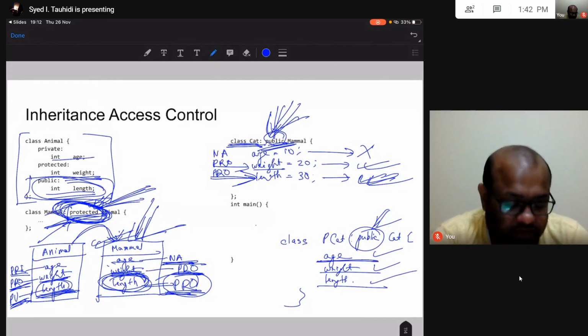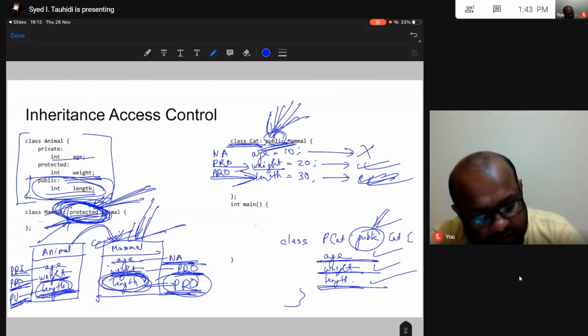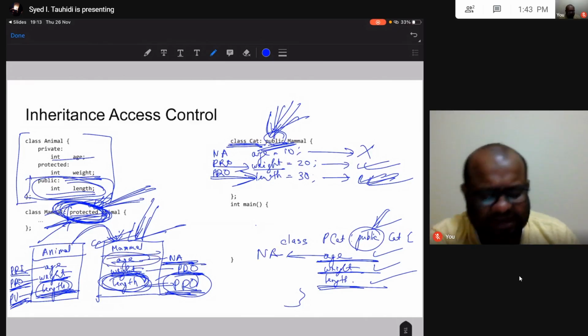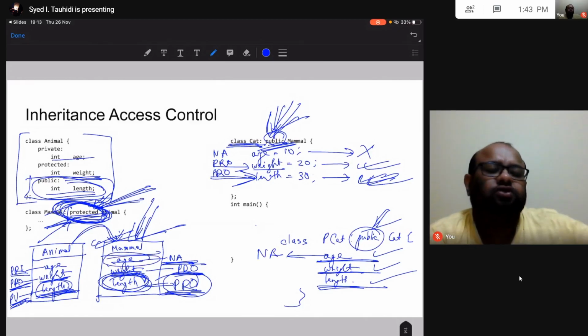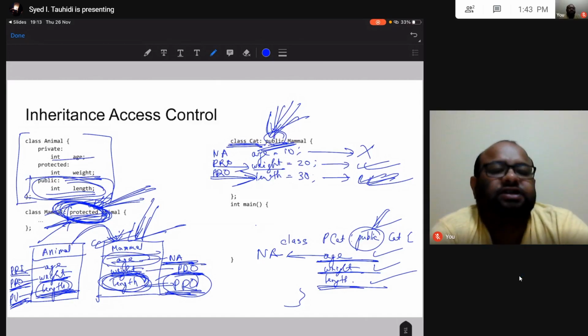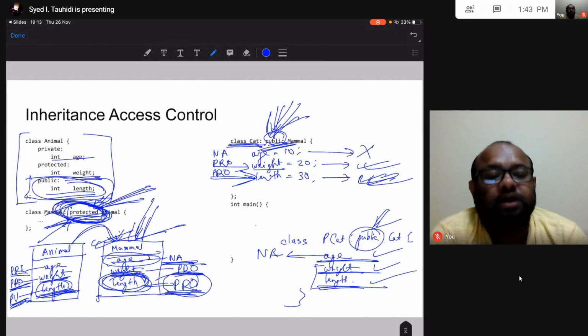will you be able to access age, will you be able to access weight, will you be able to access length, in all these 9 situations. Let me tell you one of the answers. Age you will not be able to access anywhere. You are not able to access age in mammal, so there is no question of being able to access age in cat. Since you are not able to access age in cat, there is no question at all about accessing age in Persian cat. So whatever the situation, in all these 9 situations, you will not be able to access age in Persian cat. But what is going to happen to these two?